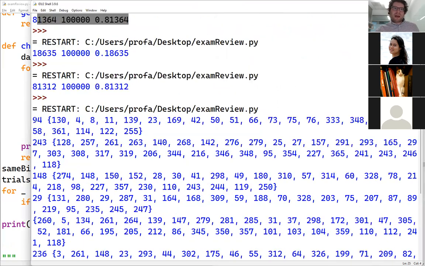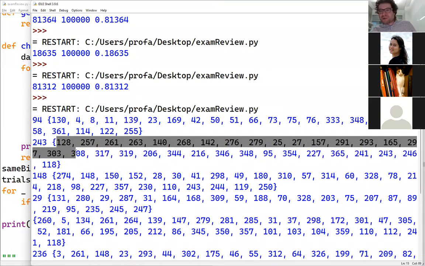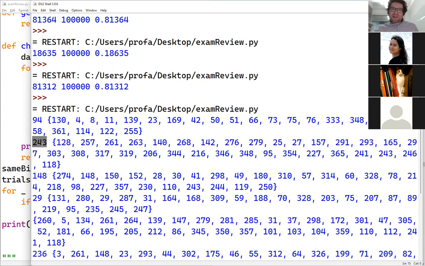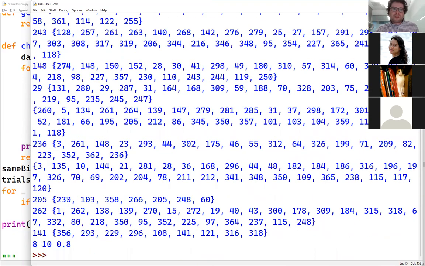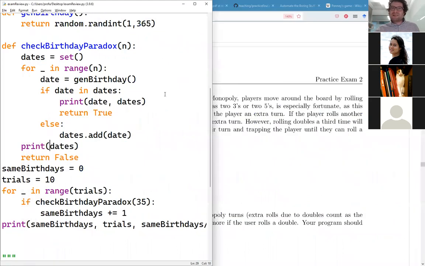So what we found over here is that we're generating numbers and then we hit a 94. We've generated these numbers and then we generated another 94, which we had already generated. So that means that we just found a person that has the same birthday as somebody else. So notice what's going on here. We keep adding additional people to the checked off birthdays, but as we check off people, it becomes more likely that we find a collision, like over here, 243 and 243. So again, we're not asking you and I share a birthday, but do any two people share